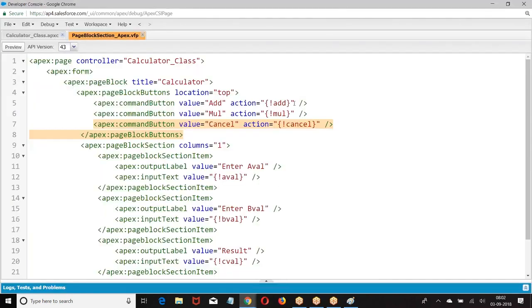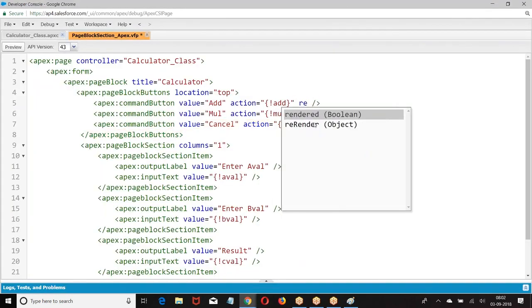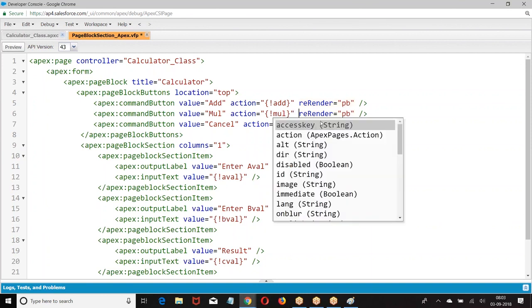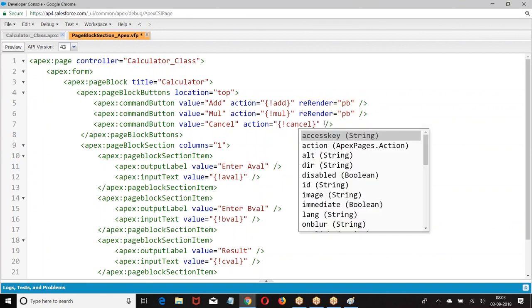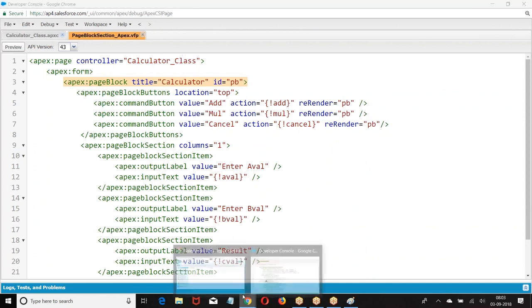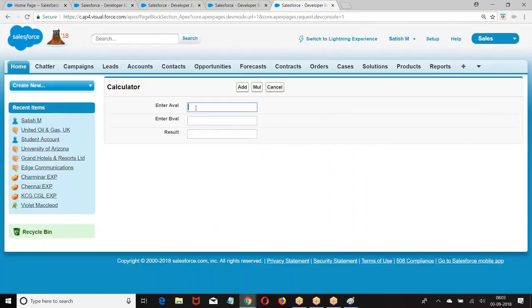So what should I do? Re-render. Go back to this. Re-render. Right, boss?